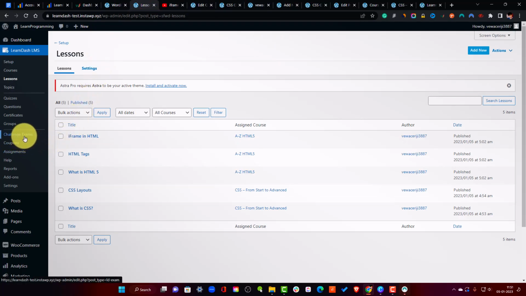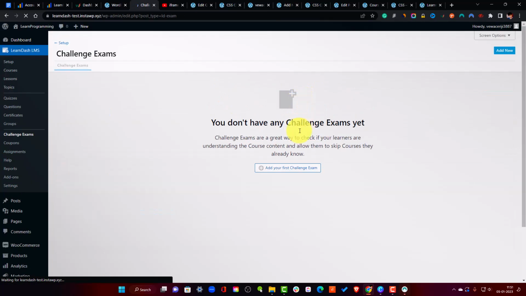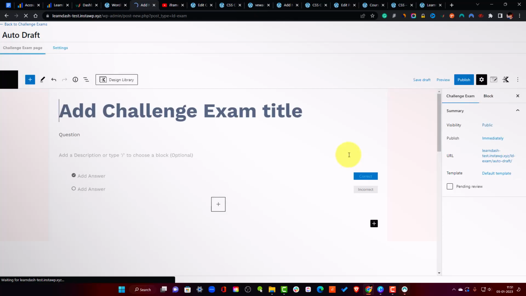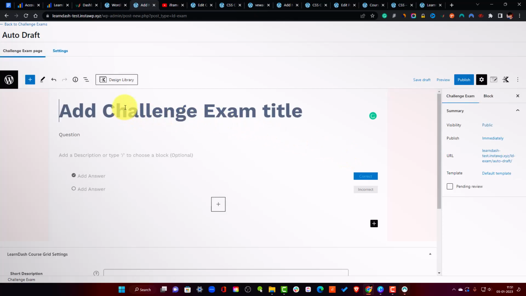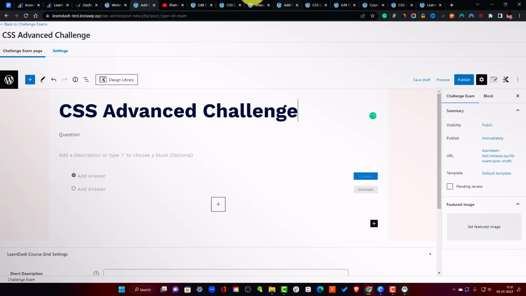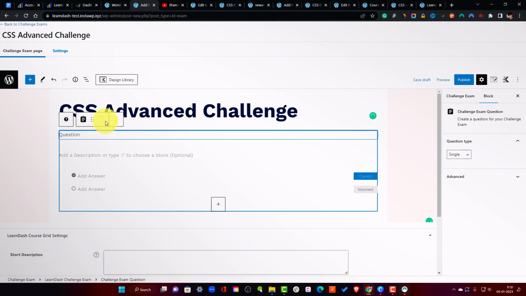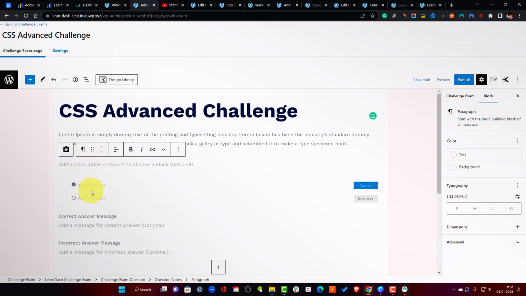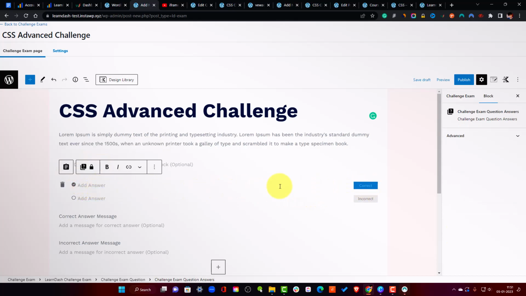And you can also use challenge examinations. This is a very exciting way. This is like a quiz, but it is a way for the audience to complete the courses faster. For your experts, like your extra fast audience, for example, we can say CSS advanced quiz or advanced challenge. Okay, here you can write your question. Here you can write a description of your question. You can write the answers. You can set the answer to correct,